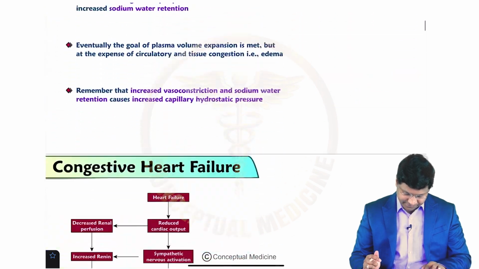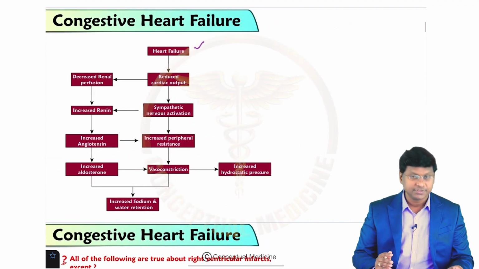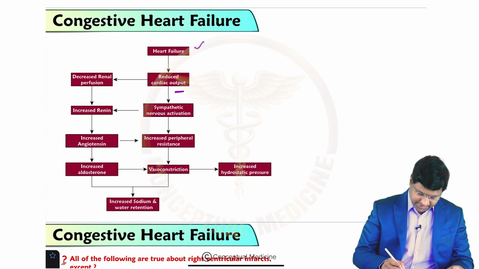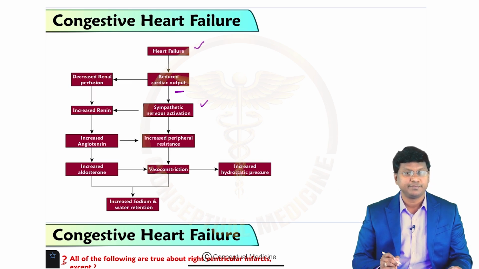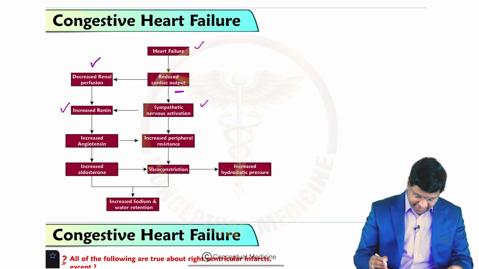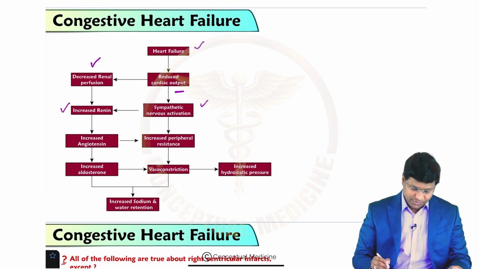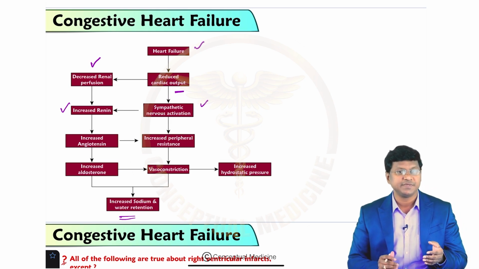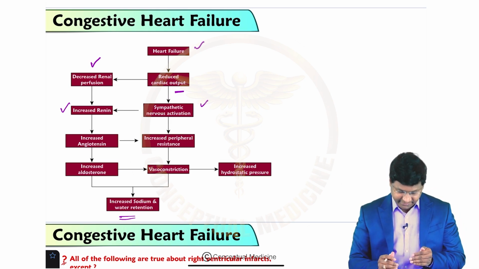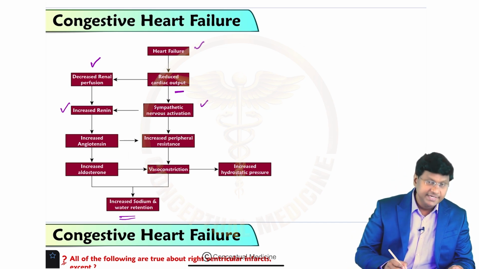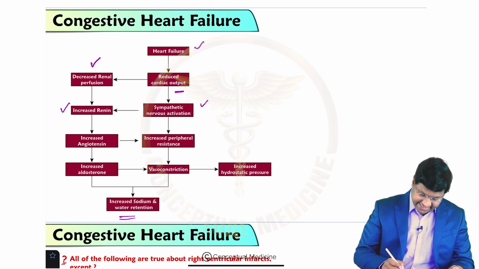So, to summarize, whenever there is heart failure, there will be reduced cardiac output, and then there will be activation of baroreceptors, and that will cause an increase in sympathetic outflow, and there will be decreased renal perfusion and activation of the renin angiotensin aldosterone system. So once there is activation of the renin angiotensin aldosterone system, aldosterone is synthesized by your RAS mechanism, and there will be increased sodium and water retention, and because of decrease in the cardiac output, there is activation of the